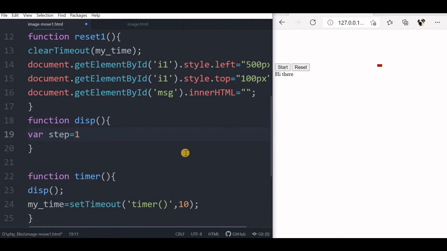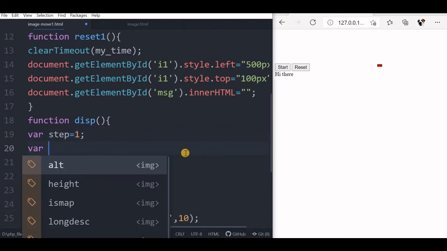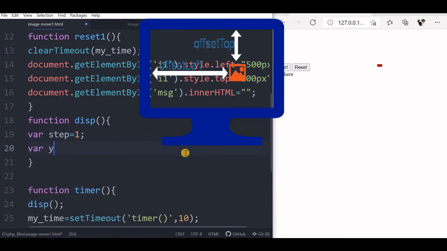If you want it to jump far off, then the step value you can increase. For a smooth transition I have given 1 only. Now I will read our value for the present location of the offset left and offset top.